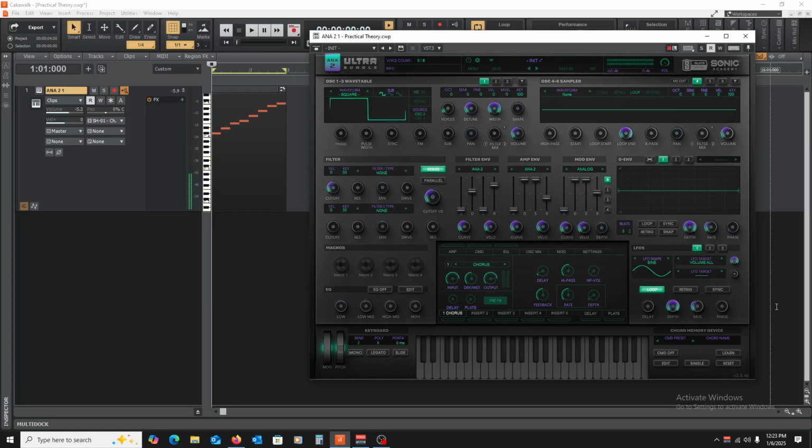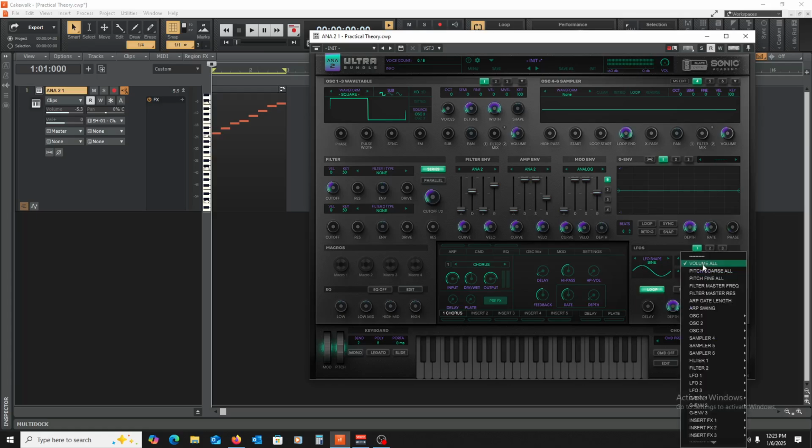Now, not all of these tools are going to be available on every synthesizer, but these are just some fun ways that you can play with the sound that you're getting and create some fun sounds. You can also do stuff like pitch, and we've gone over this before too.